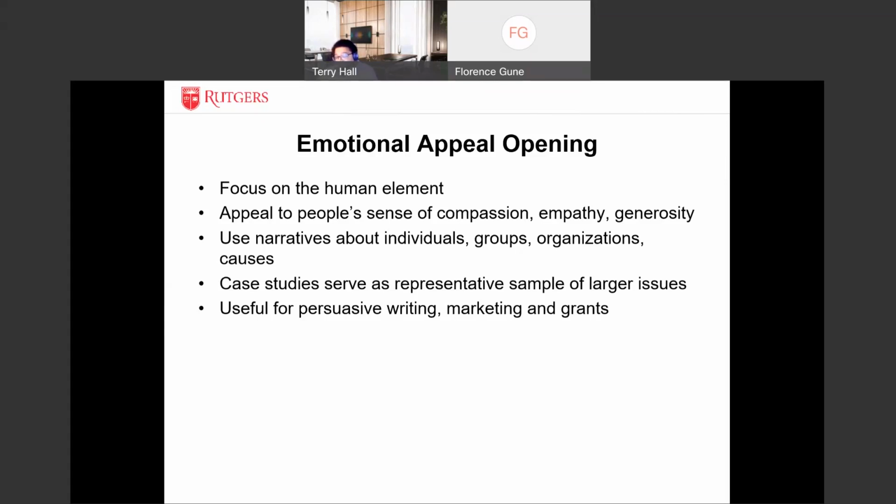It can be used for marketing. It could be used for grants. It could be used as a form of recruitment. The idea behind appealing to your audience emotionally is to make sure that you understand what your audience wants, needs, or concerns are, and then you establish your writing by focusing on the interests of the audience members in ways that would be most appealing to them toward future goals.